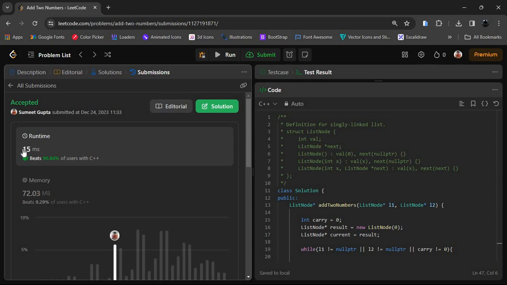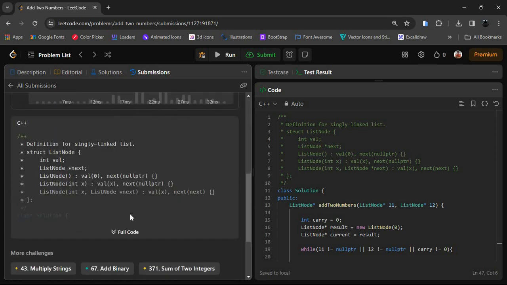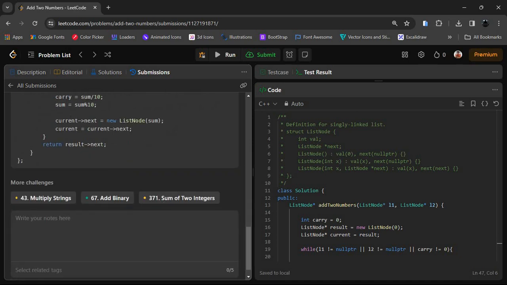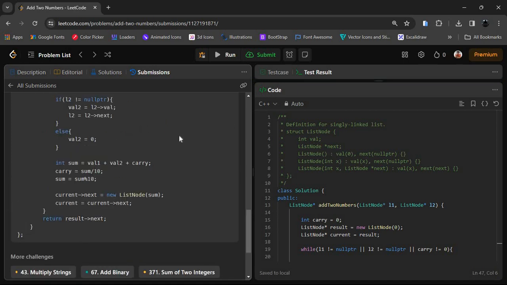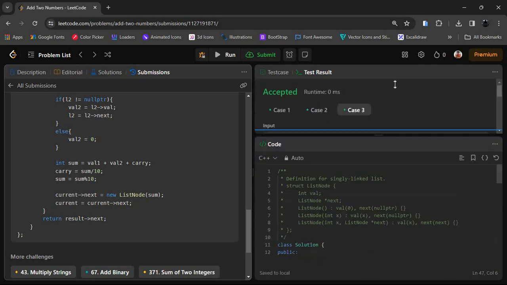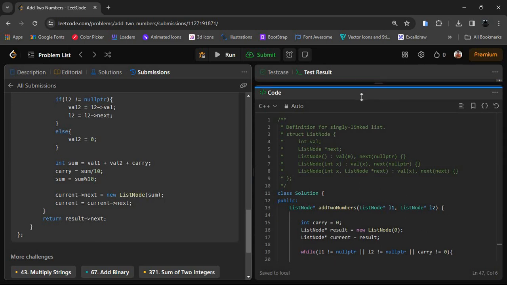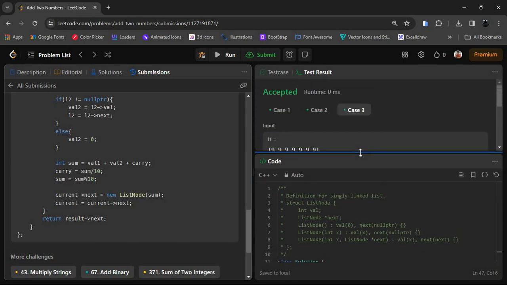Fine. Runtime beats 90.84% of users. Okay, 72 MB is fine. Now this is the full code. Okay, thank you. In this lecture, we are not thinking about time and memory complexity for now. We are going to solve with the easiest method possible so that everyone can understand, and after finishing the easiest method for all the questions, then we will consider the time complexity and memory complexity. So thank you for now, and in the next lecture we are going to solve the third problem of LeetCode.